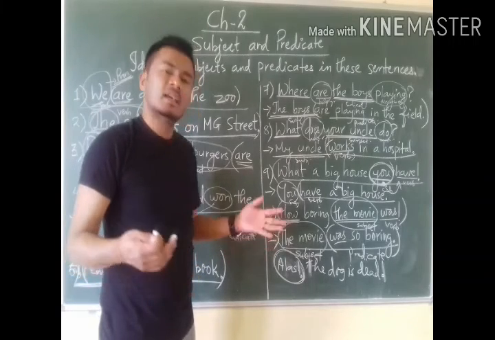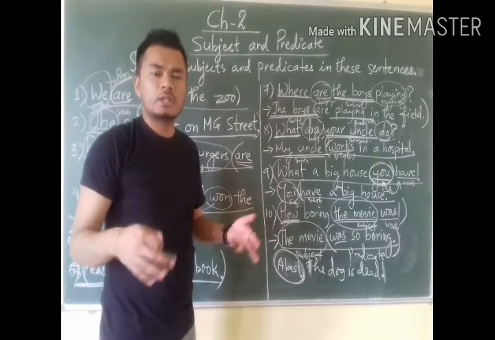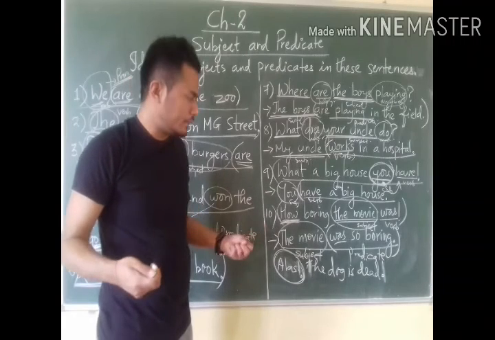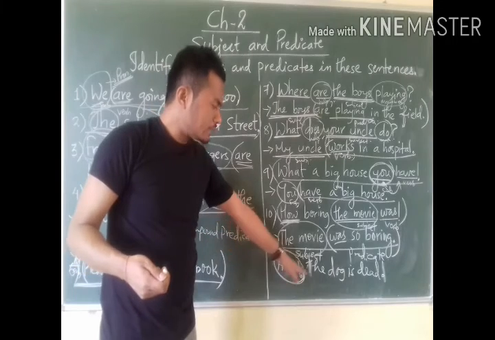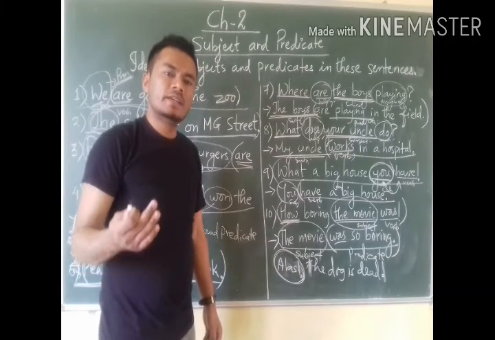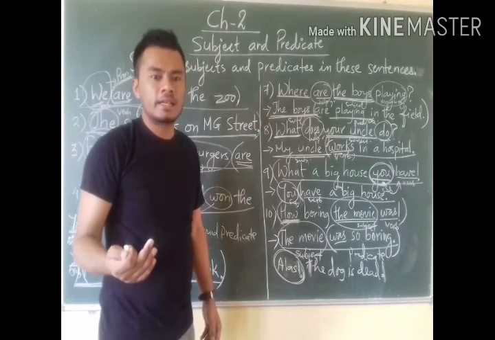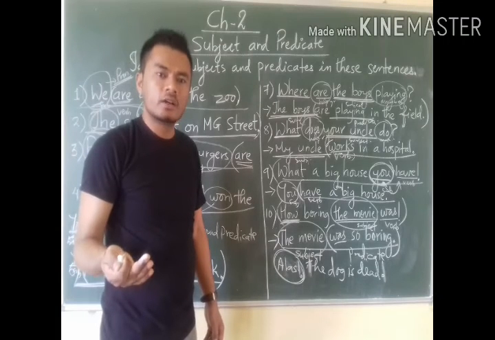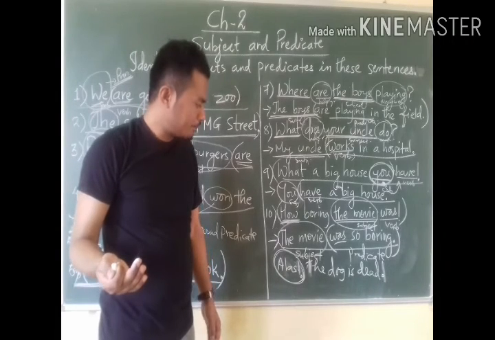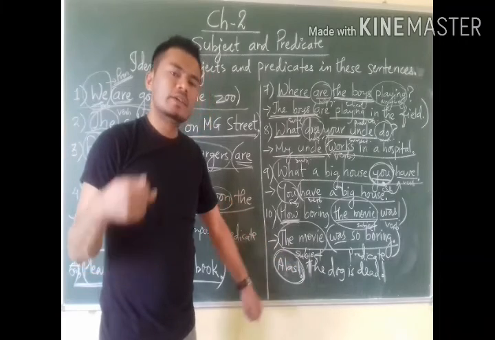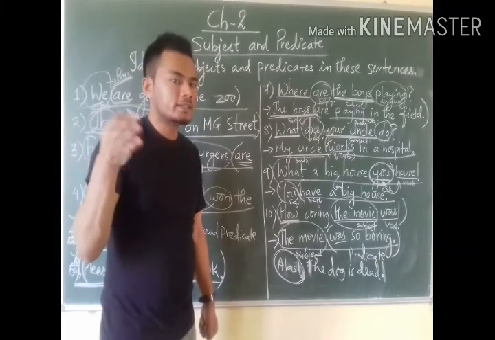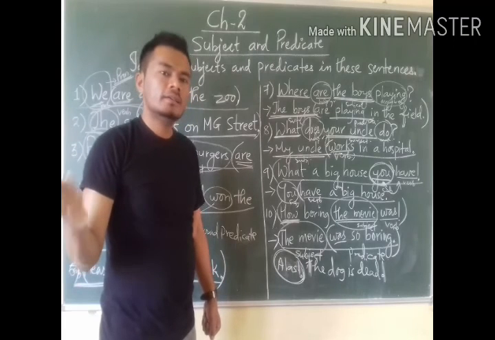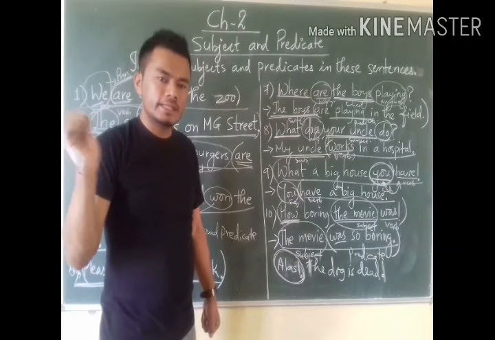Okay, alas means your inner feeling of grief, that you are very sad, disappointed because of the death of the dog. Okay, alas, the dog is dead. That means it is very sad that the dog is dead. So here it is very sad the dog is dead. That means you have to write it as the subject,